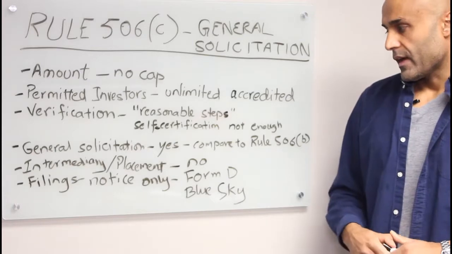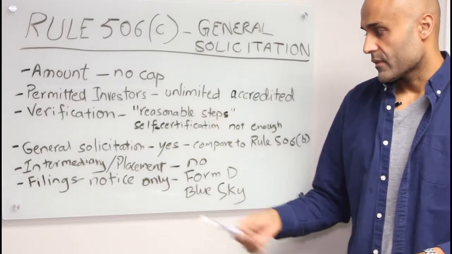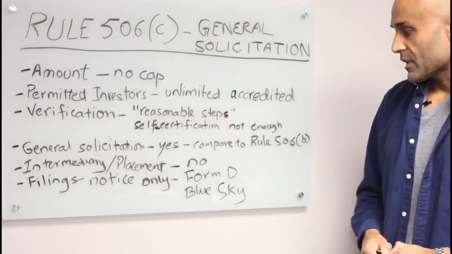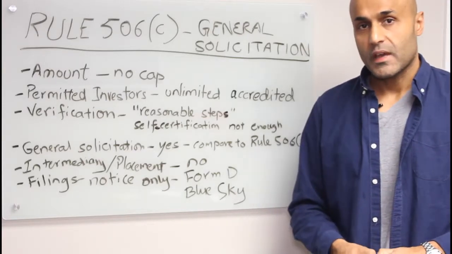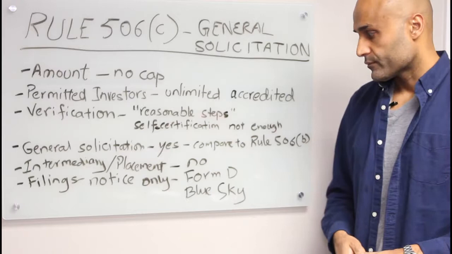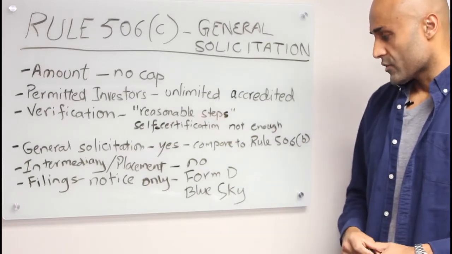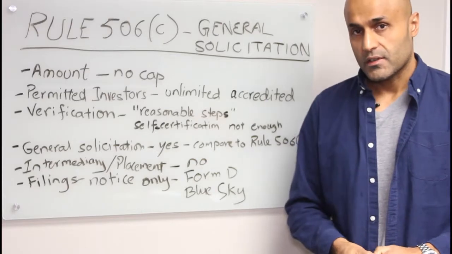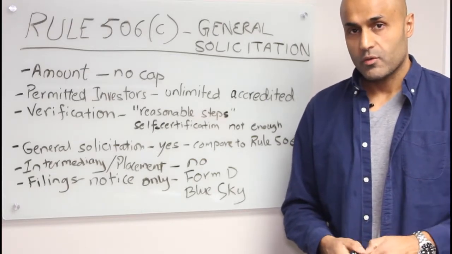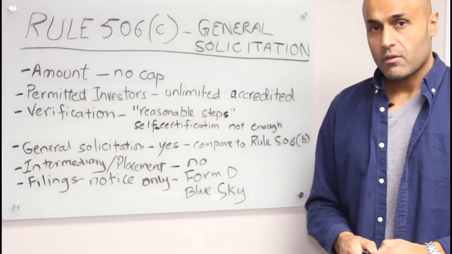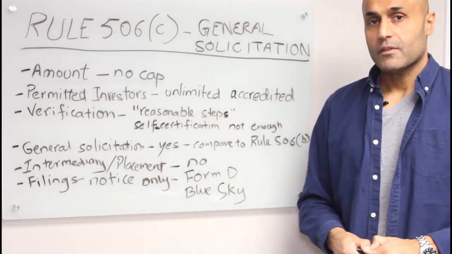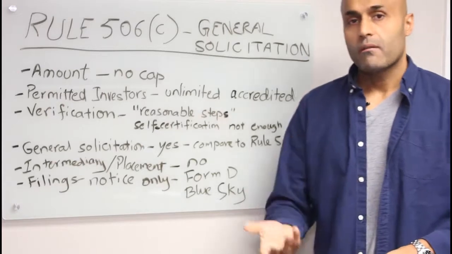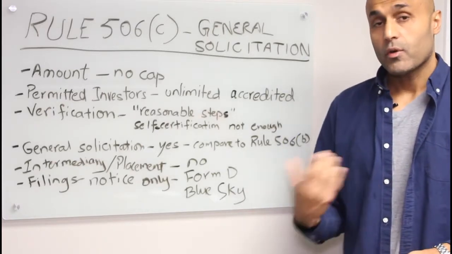Finally, as far as SEC filings, there are notice-only filings, so you need to do a Form D filing within 15 days of first sale, and you also need to make sure that you're doing filings in the various states where the investors are based. That's usually the same rule: you file the same Form D in that state within 15 days of first sale, except in New York where you have to file it beforehand, before you get any money.